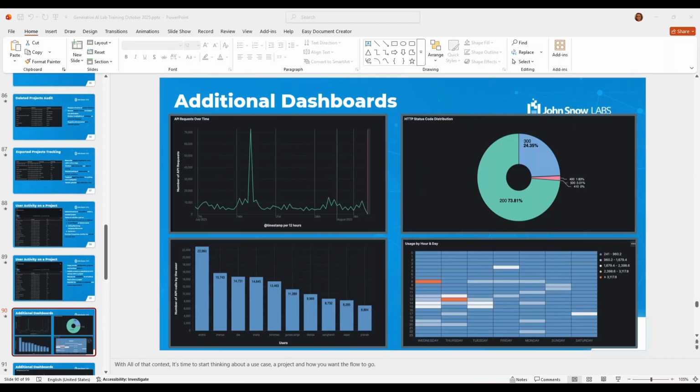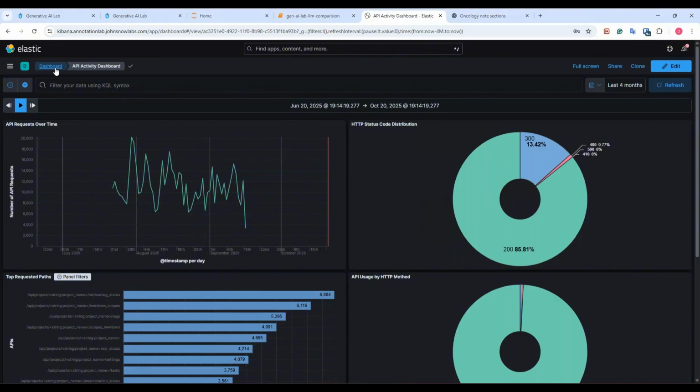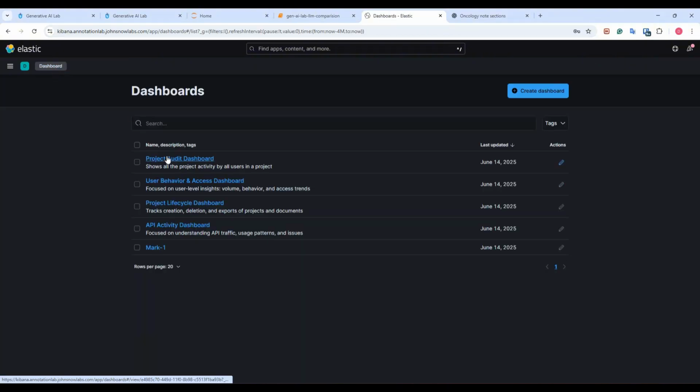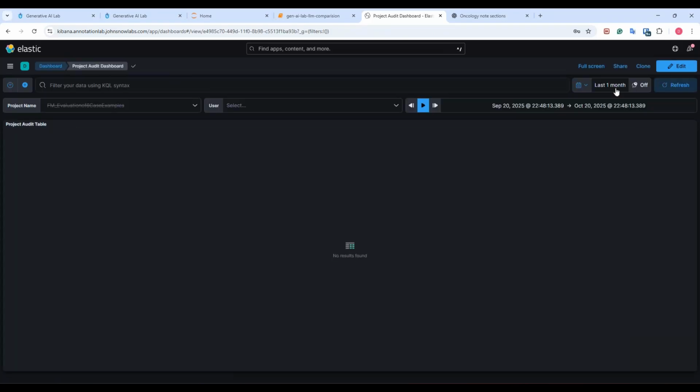There is also a requirement that the audit logs must be protected from tampering, retained for at least 6 years in many cases, and must be available for audit and investigations. And Generative AI Lab provides all of that. So as I said, you have different dashboards here. You can see the project